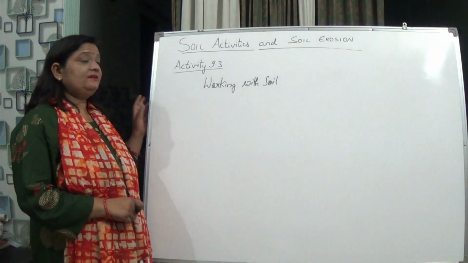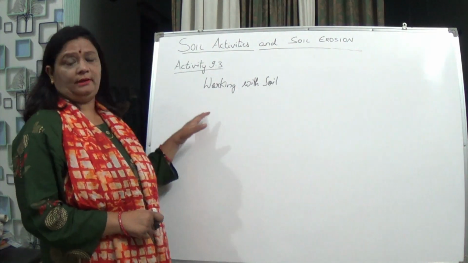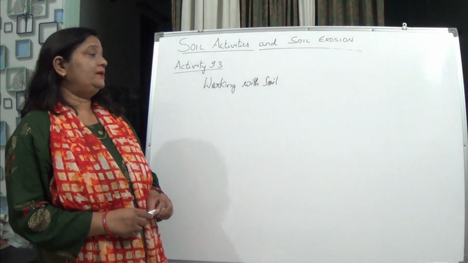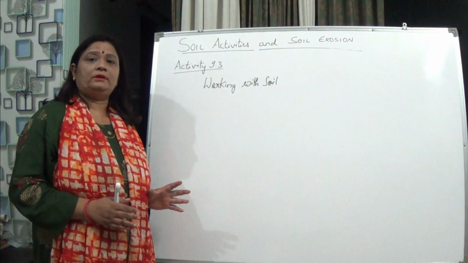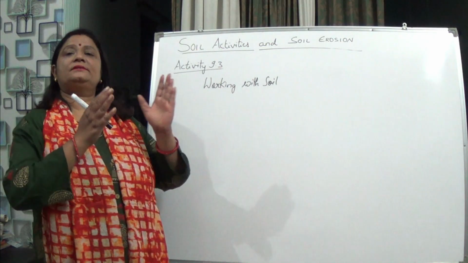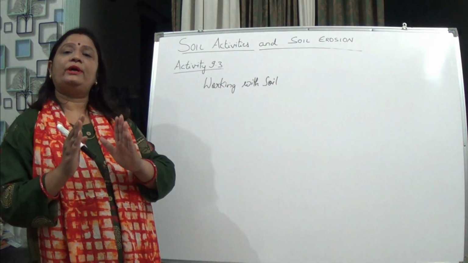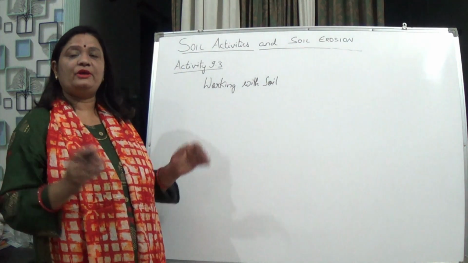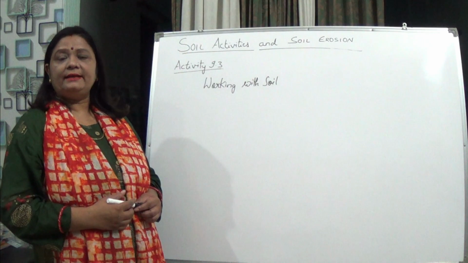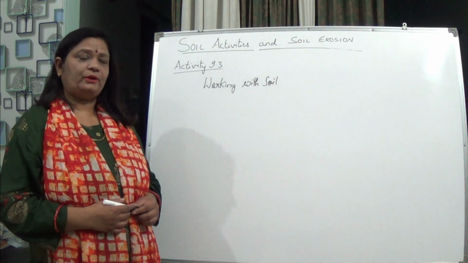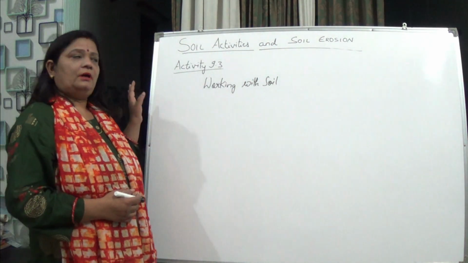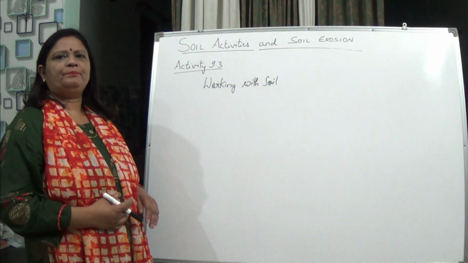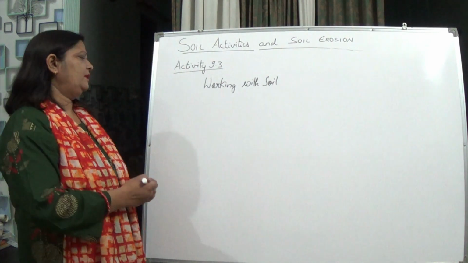Now the next activity is activity 9.3, that is working with the soil. In this, we are going to see the property of sandy soil, clayey soil and loamy soil. Three types of soil basically you have studied: sandy, clay and loamy soil. In this, you will be taking these three different types of soil: sandy, clay,